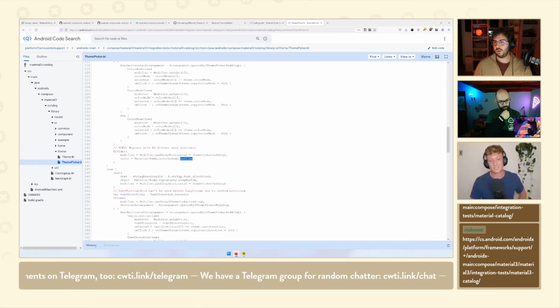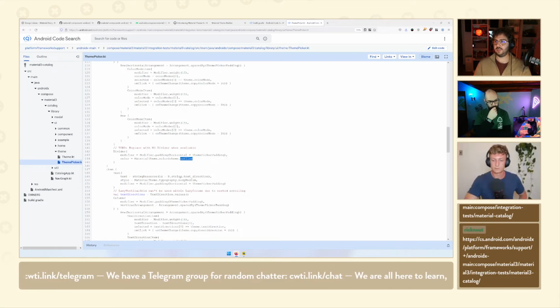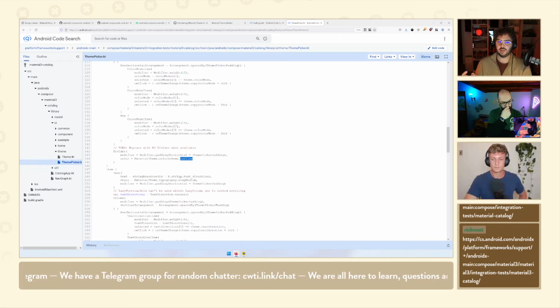So that's the approach, in a very simplified sense, of what you might do with other components as well. If you really have to go this way right now, where you have both things in the same place, what I would recommend, as I mentioned earlier, is to create a composable that wraps the Material 2 component and sets all the right values.